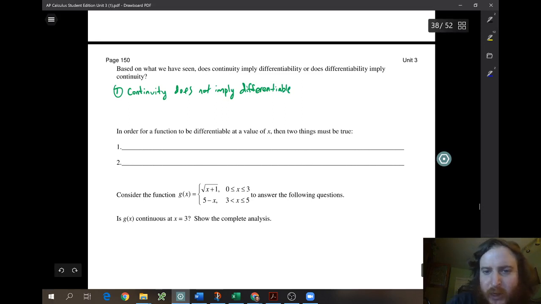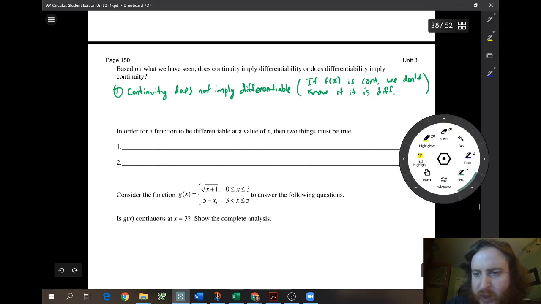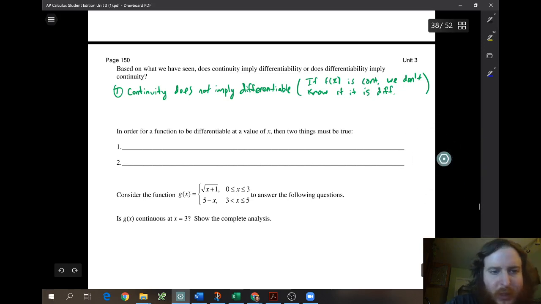So kind of what we can say is, if f of x is continuous, essentially what that means is we just don't know. We don't know if it is differentiable. We have no idea. Okay? But then if we kind of flip this,